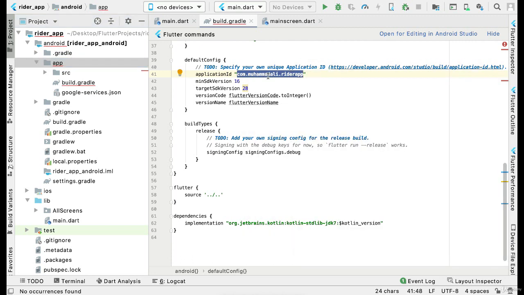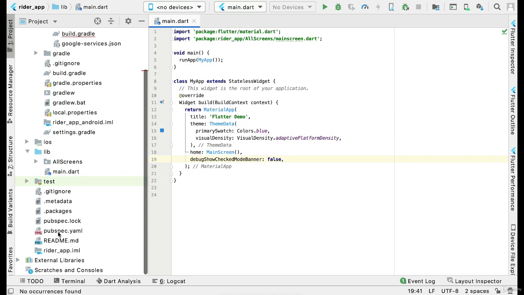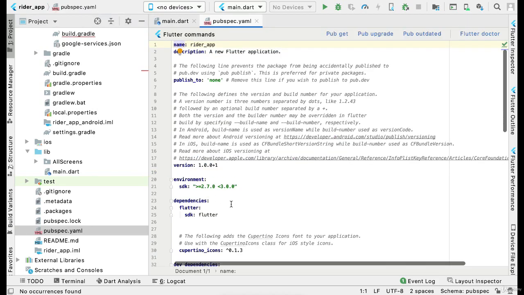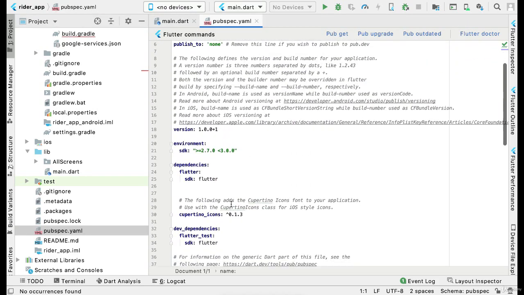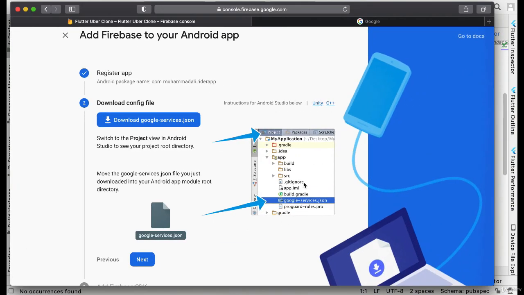Now you can just close this, and now the next important thing is to go and add the dependencies to our pubspec.yaml file. So open the pubspec.yaml file first, and then the next thing is go to your browser and first of all here click next,